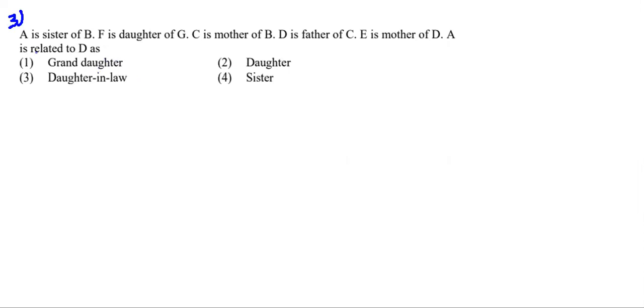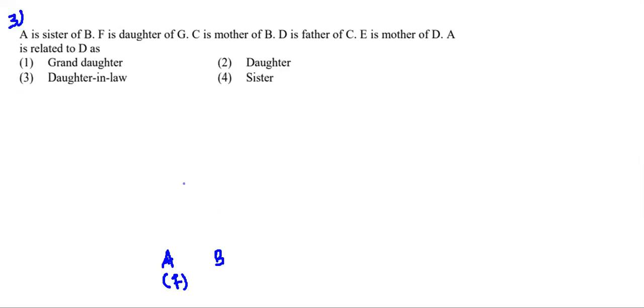Here we go. So we have here A is the sister of B. So start from A. A is the sister of B. So it's very clear that A and B both are from the same generation. That alone is what is given. A is the sister of B in the sense A must be a female, and as of now, there's no idea about B.